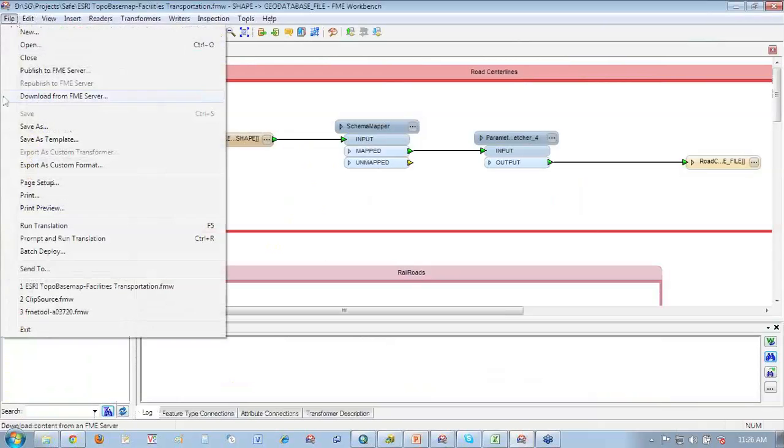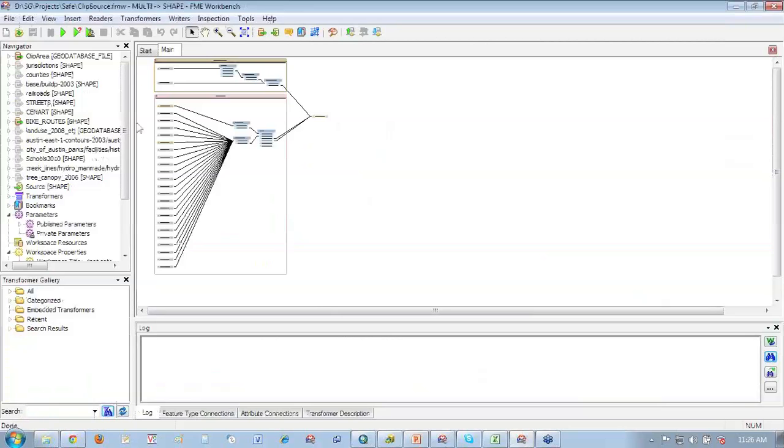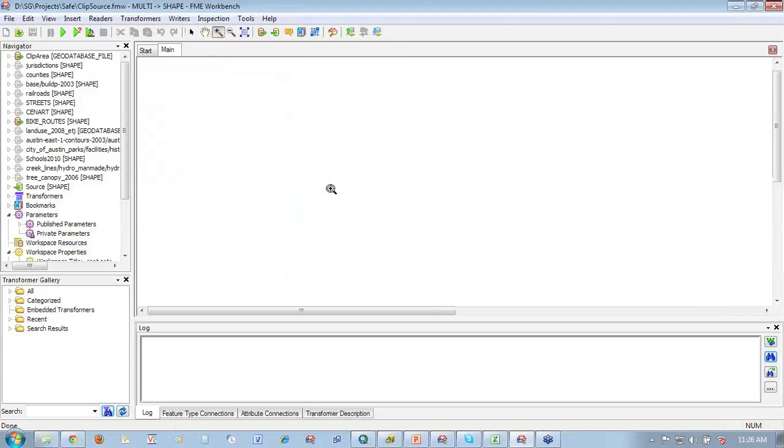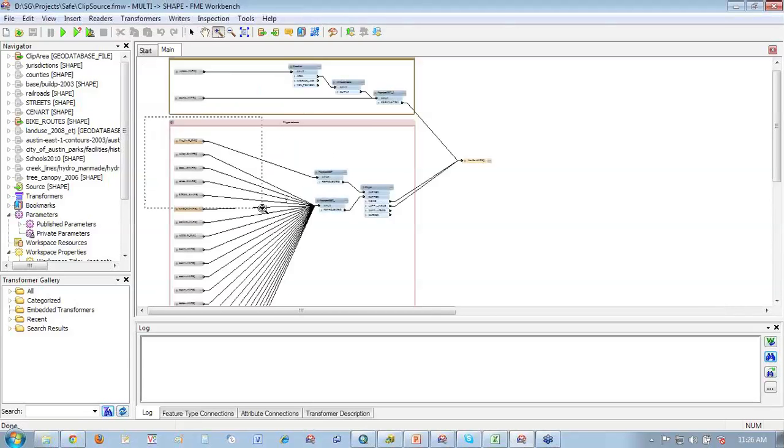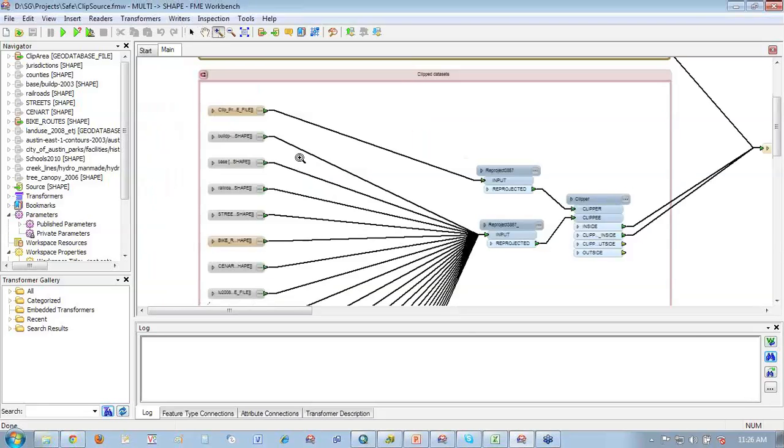So I'll switch over. I've got actually 4 different FME mapping files that I put together for this project. We could organize it all in one big one, but I like trying to make them a little more bite-sized when I'm working on things. And if we zoom in a little bit more here, you can see I've got a clip feature here, which is a polygon I just drew around the downtown area where I wanted to do some work.